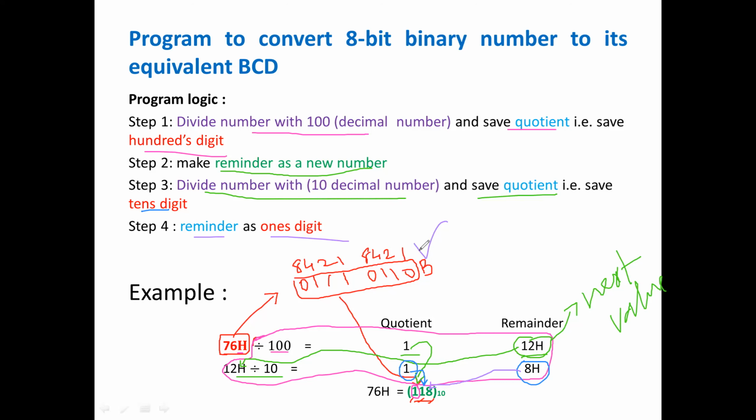In the program, you can give it directly like this, or you can give it as 76H. It will convert this 76H into 8-bit binary form as 01110110 like this. So now you know the logic. This is the logic you must know before writing a program. Otherwise, for conversion logic, you cannot write a single instruction.